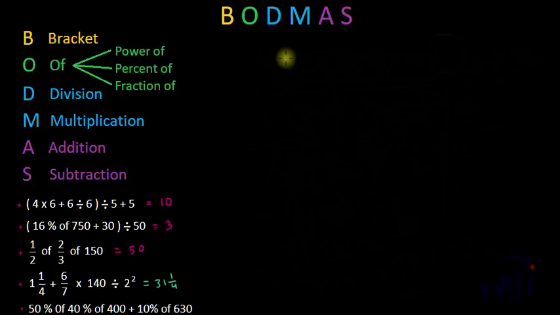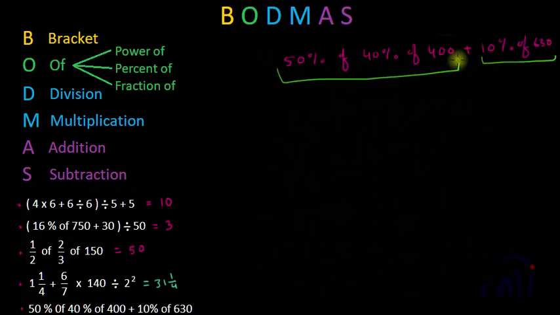So the fifth problem is 50% of 40% of 400 plus 10% of 630. This expression can actually be divided into two parts, and these two parts or two terms are separated by this plus sign. So we can solve this and this simultaneously. So 50% of 40% of 400 can be written as 50 by 100 multiplied by 40 by 100 multiplied by 400, and then we can write this plus sign, and 10% of 630 can be written as 10 by 100